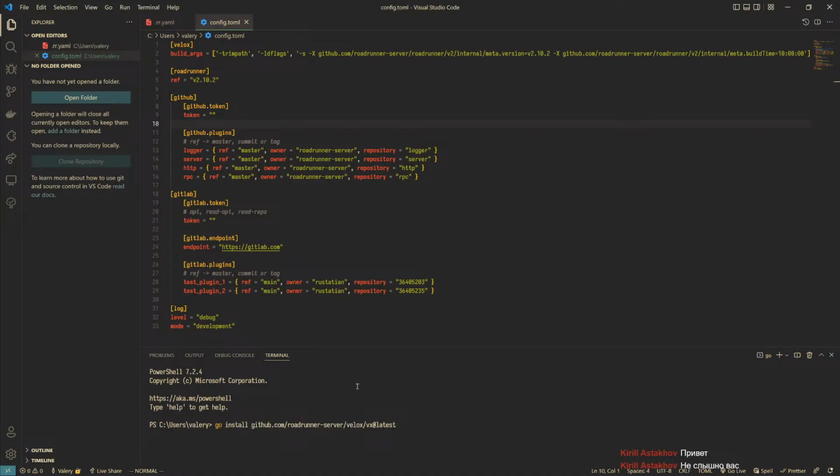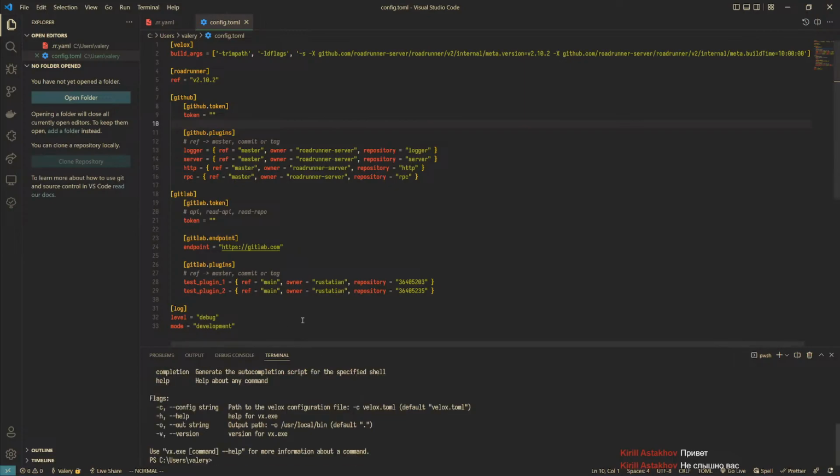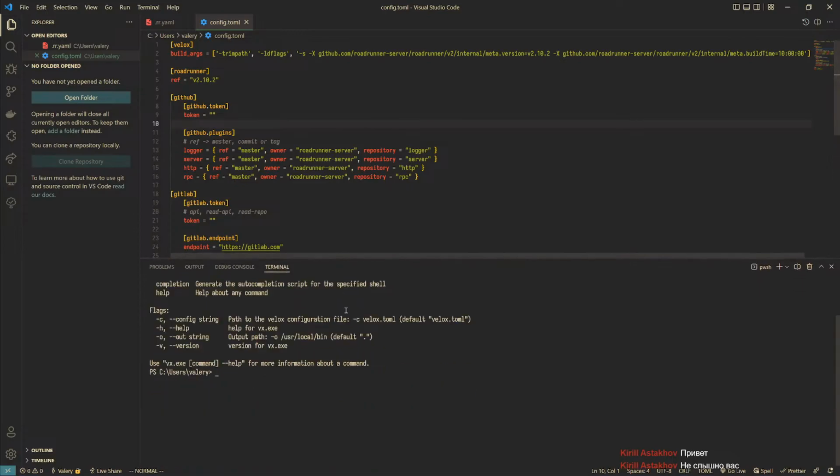Go install, if you have Go, or if you don't have Go, which is a likely scenario for you, you can just download it from the releases page. And as you can see, we now have Velox in our path,